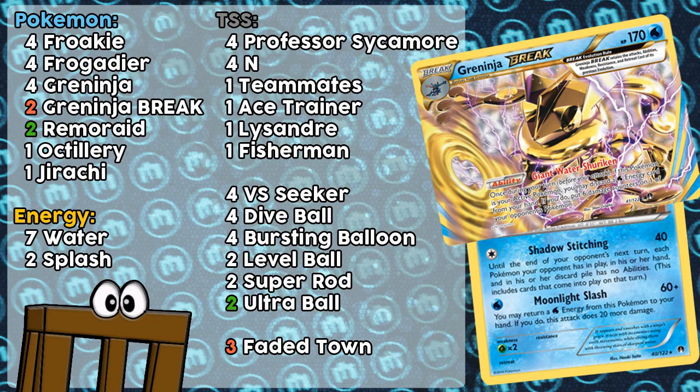And this is what I was talking about. I sacrificed way too much early game consistency in order to try and have a good chance against every deck in the late game. But in doing so, my testing definitely didn't show this. Maybe I was getting lucky in testing, or maybe I just didn't pay enough attention to the games where I was losing early on. But I am taking out a Greninja Break and adding a second Remoraid, going back to